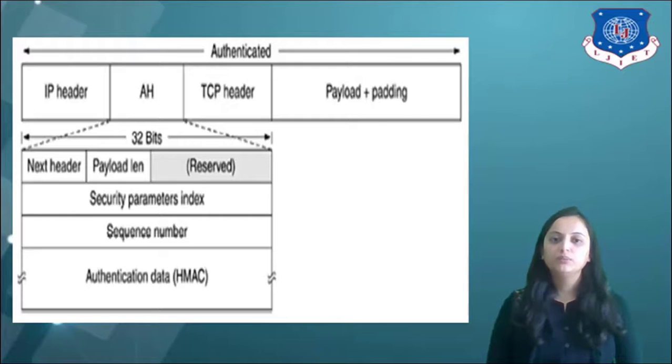So, it cannot be included in the integrity check. However, the IP source address is included in the check, making it possible for an intruder to falsify the origin of the packet. There is an alternative IP security header called ESP, which stands for Encapsulating Security Payload, which operates in two modes, transport mode and tunnel mode.